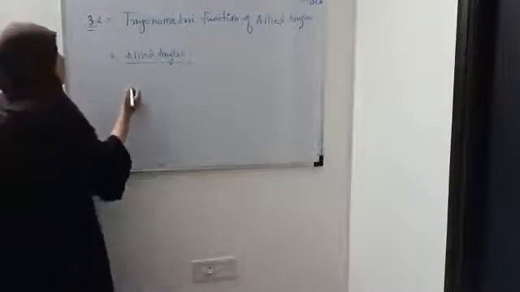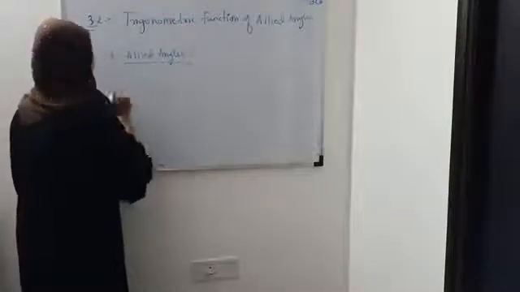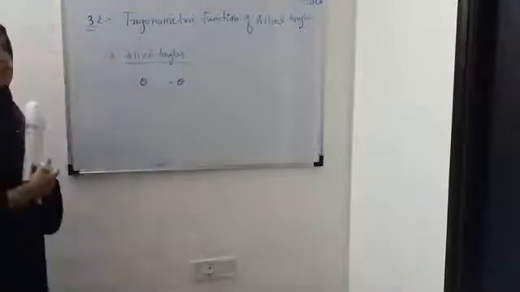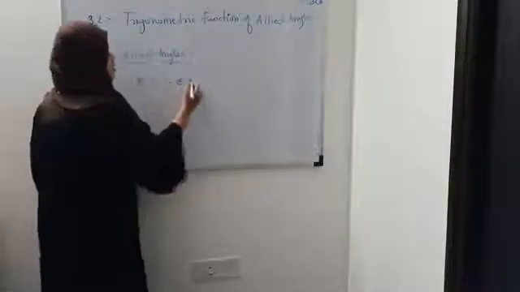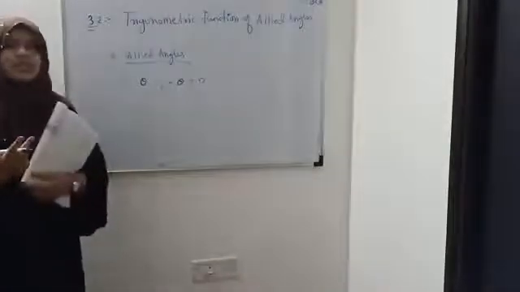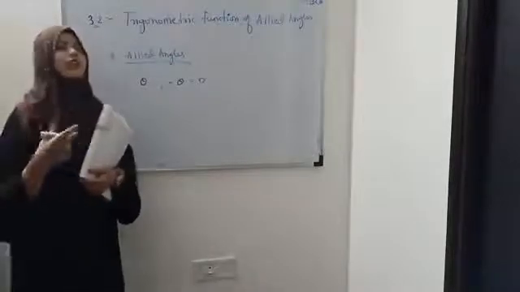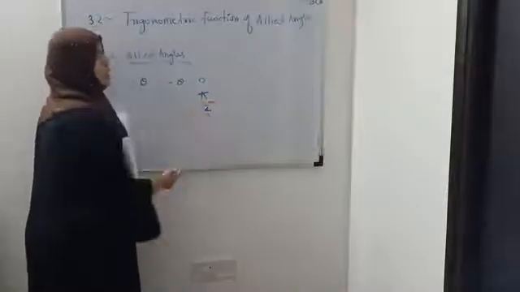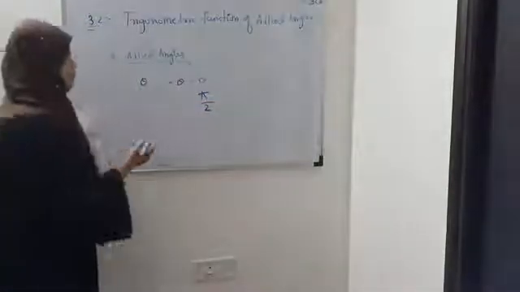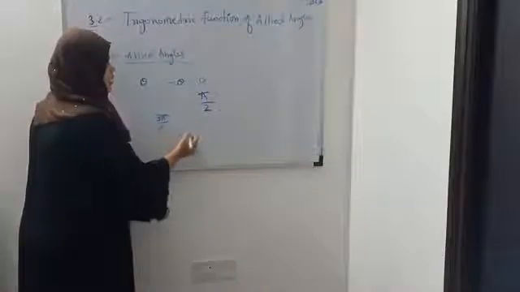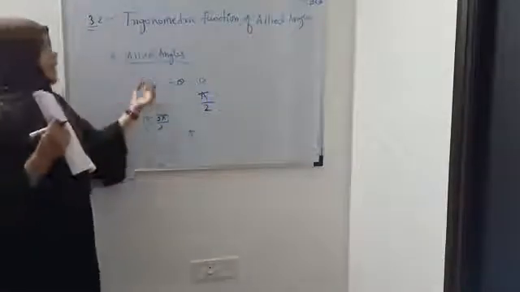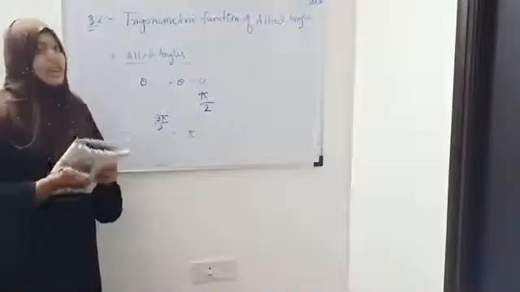Like this. If you have one angle of degree theta and another angle of degree minus theta, so if you sum these two, you will get 0, right? So if you have two angles whose sum or the difference is either 0 or an integral multiple of pi by 2, it can be 3 pi by 2, it can be pi, it can be 5 pi by 2, etc. Then those two angles are said to be allied angles.